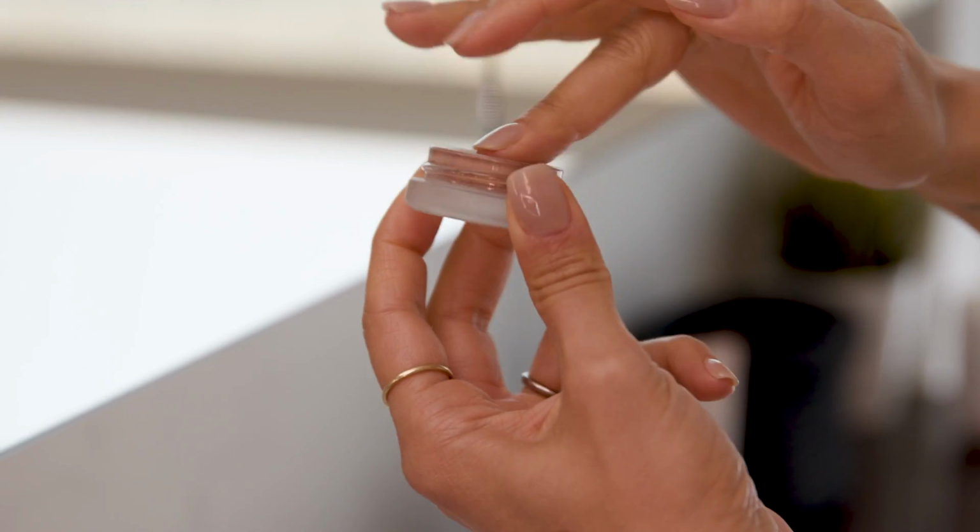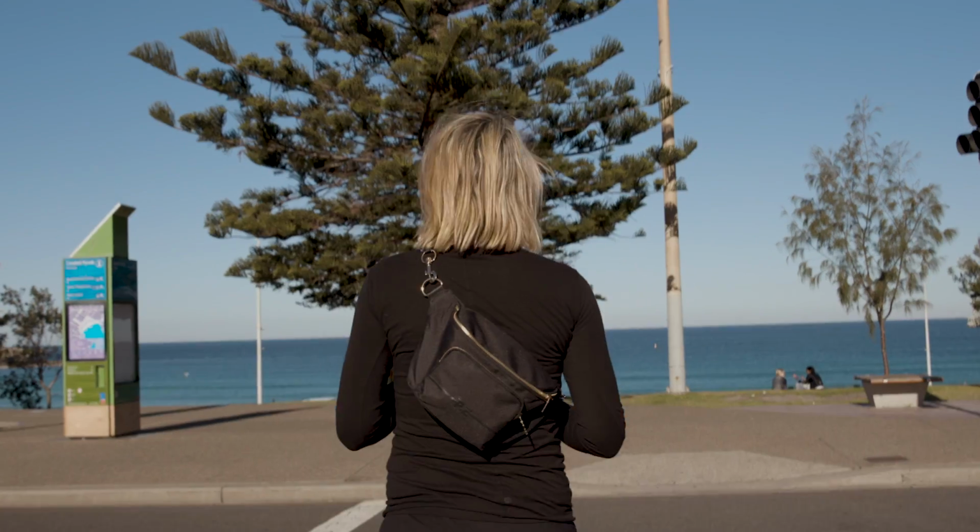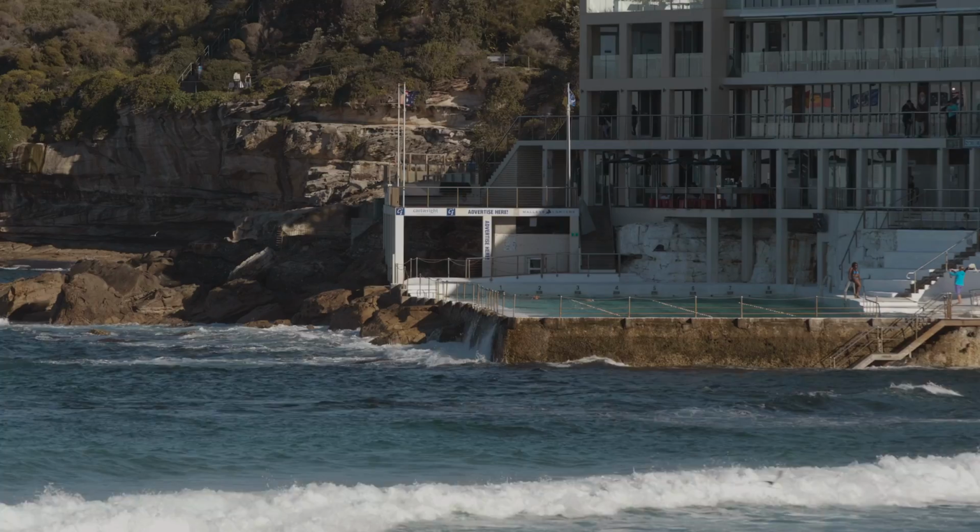lips. So if I'm leaving the house, I'll just grab a little bit of brow gel, a little bit of highlighter, a little bit of bronzer, and then I'm out of here. And that's me done. After I've dropped my son off to school, I head straight back down to Bondi to